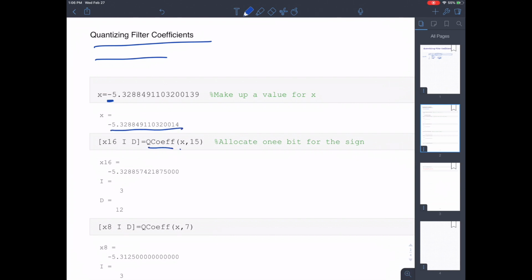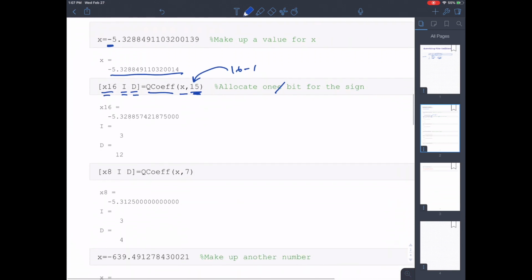I put this into this Q coefficient function. The way it runs in the Proakis book is, if you want 16 bits, you always remember you have 1 bit for the sign bit, so the precision that you're looking at is n minus 1. So 16 minus 1, we put the 15 here. And then this particular MATLAB command puts out the truncated or quantized number. It also tells you how many bits are for the integer part and how many bits are for the decimal part. Okay, so if I take a look at this number with 16 bits,